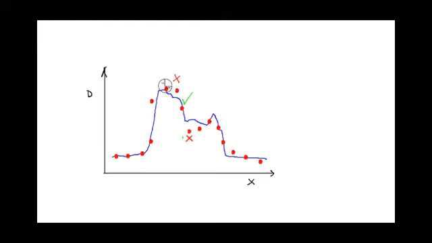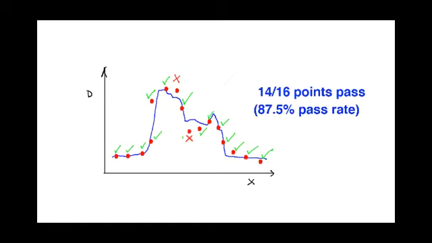It's not within the circle. So you go along marking each of these points. If it's within the circle of dose difference and distance to agreement, it passes. And you'll see here that most of these points are passing. So in all, we have 16 points and 14 of them pass. So that's an 87.5% pass rate for this particular